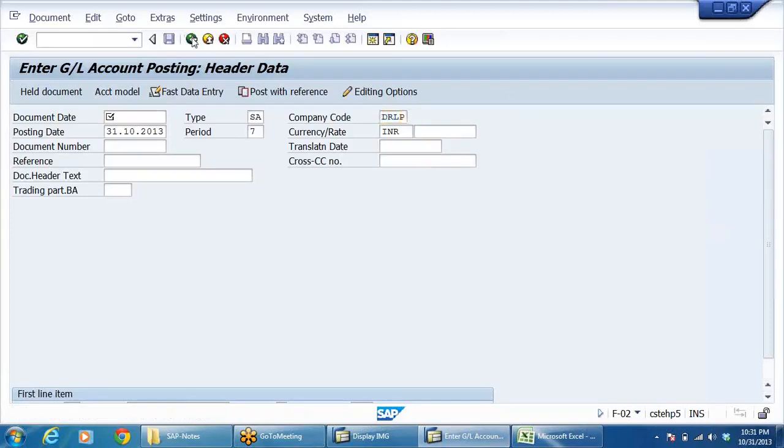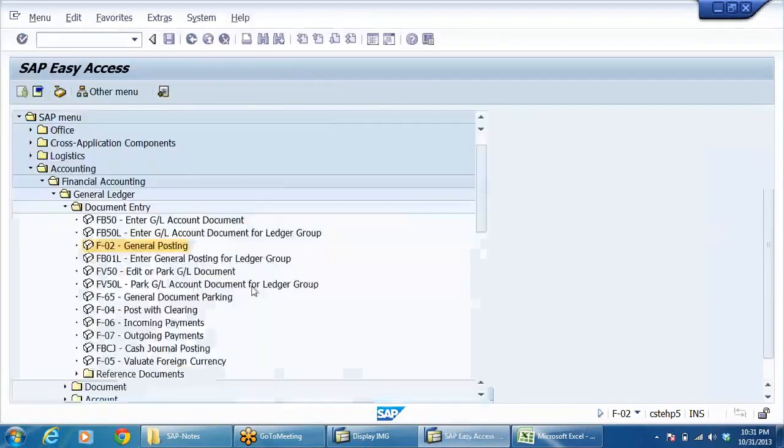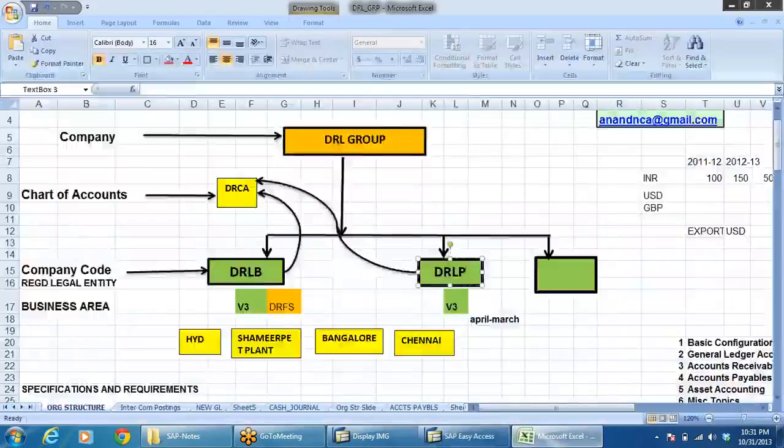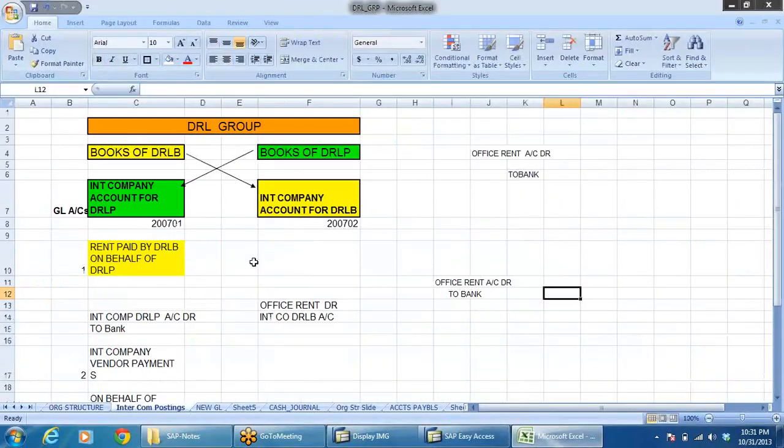Right, and now one more thing. Okay, so now the company code is ready. Next job is I'm going to create a GL account. I'm going to create a GL account in the books of DRLB, intercompany account for DRLB. In the books of DRLB, I'll create an intercompany account. So this I have to create. I'll be using 207.01, 207.02, and